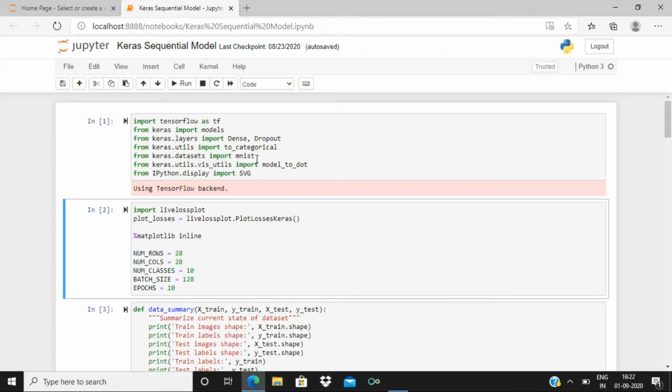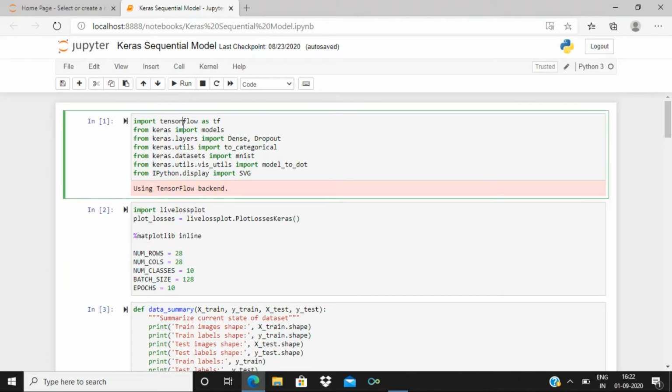And as we are working on the MNIST dataset, we have to import it from keras.datasets. And then we would also be visualizing how the model works. To visualize that, we have to import model_to_dot from keras.utils.vis_utils. And we'll also be importing SVG from IPython.display to display the vector drawings. Now let's run it.